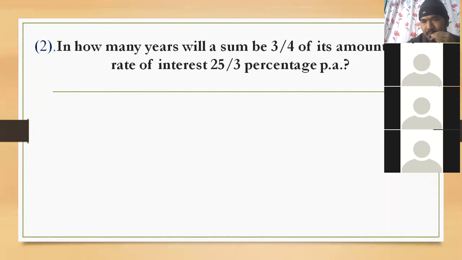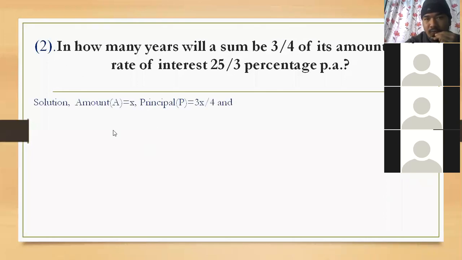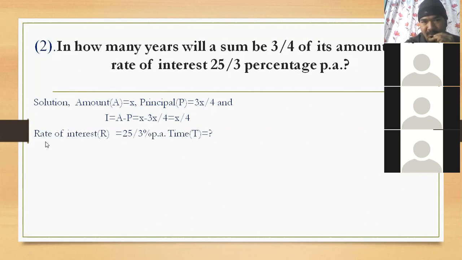Okay, Lakshay. Yes, sir. Now look here. First of all, suppose amount is x. Let amount be x here. Principal is given as 3x by 4, and the interest equals amount minus principal, so subtract them. x is the amount minus 3x by 4 is the principal. When you subtract them, you will get x by 4. X by 4 is the interest. Now, after finding that, the rate of interest is given, it may be given as 8 whole number 1 by 3 percent per annum.